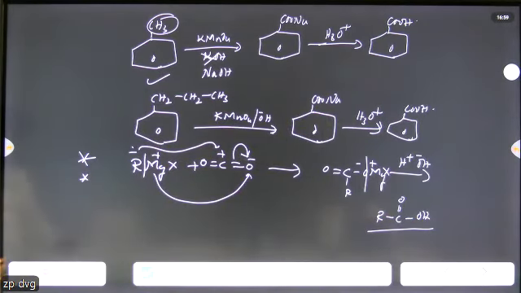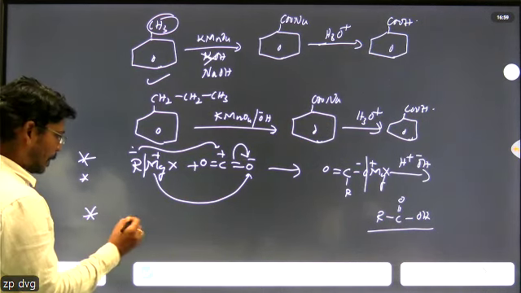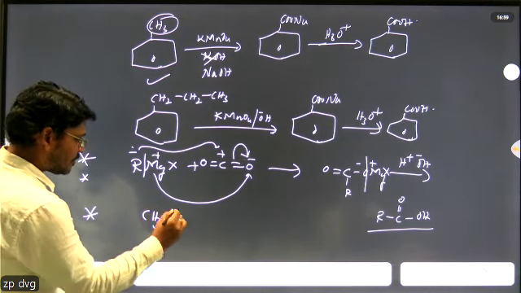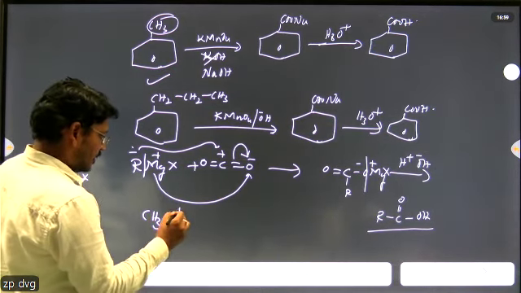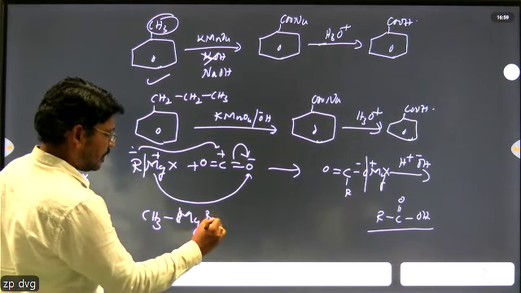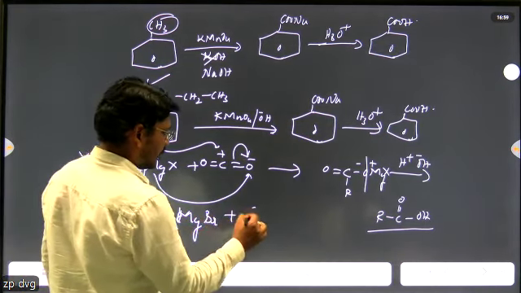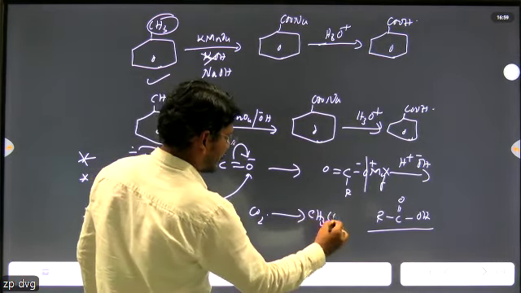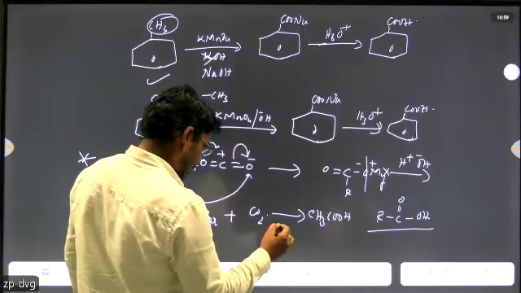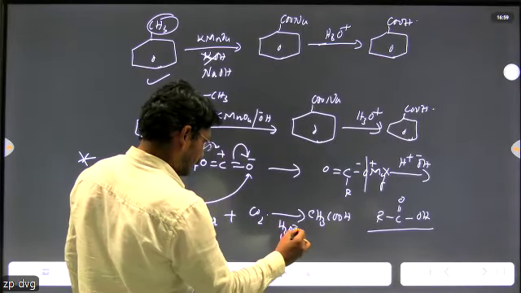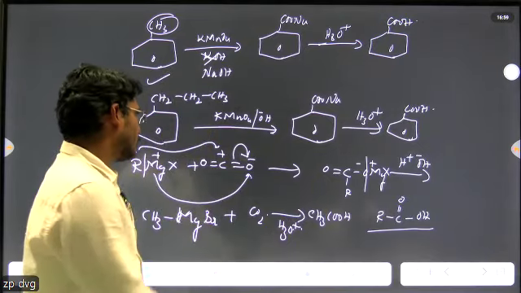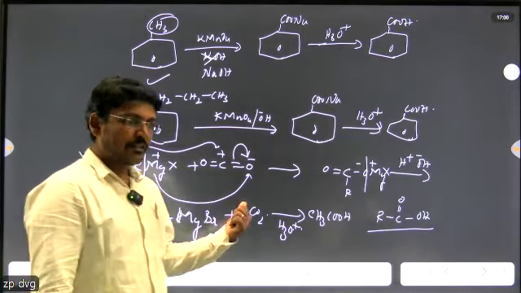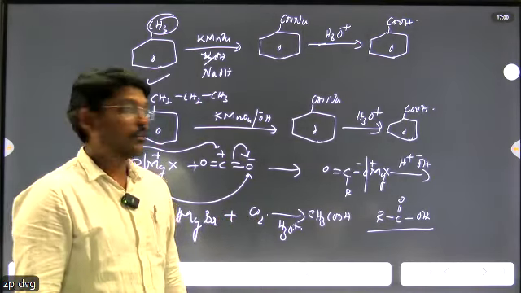Carboxylic acid. In the same way, if you consider one more, CH3MgBr, when this reacts, finally it can produce CH3COOH on further hydrolysis. So this is all about certain preparations regarding carboxylic acid. In the next class, we'll definitely discuss acidic